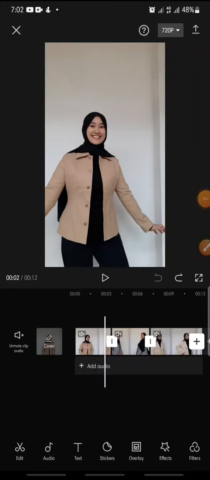In this video, I'm going to show you how to add the ink transition effect on the CapCut app. Now let's get started. First, after you open your CapCut app